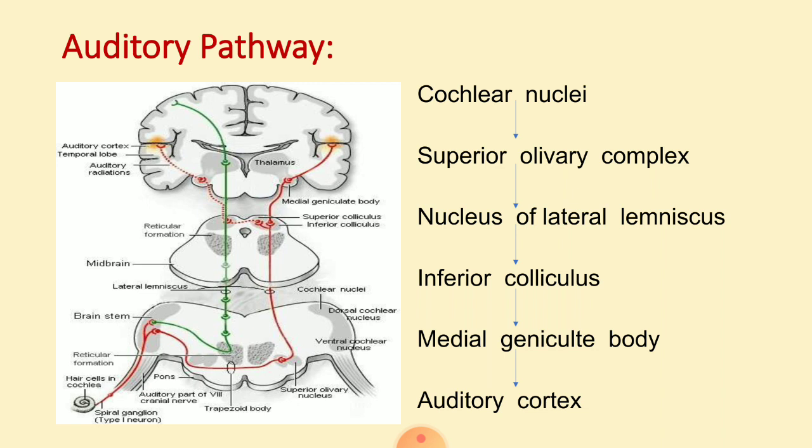Next, there are afferent as well as efferent projections from different higher relay stations into the auditory nerve. So, not only does it carry the hearing sensation to the brain, but it also brings back some modulatory information from the higher centers to the hair cells of the inner ear.